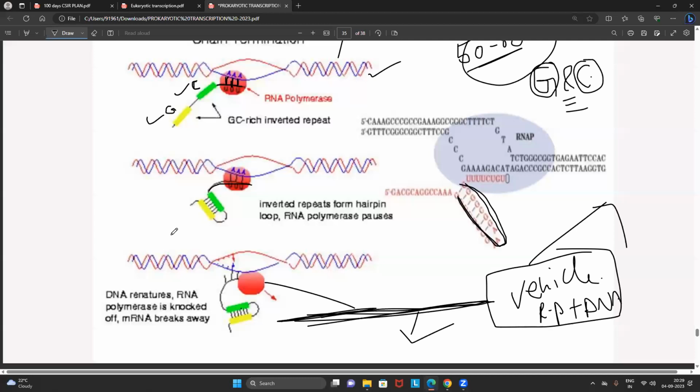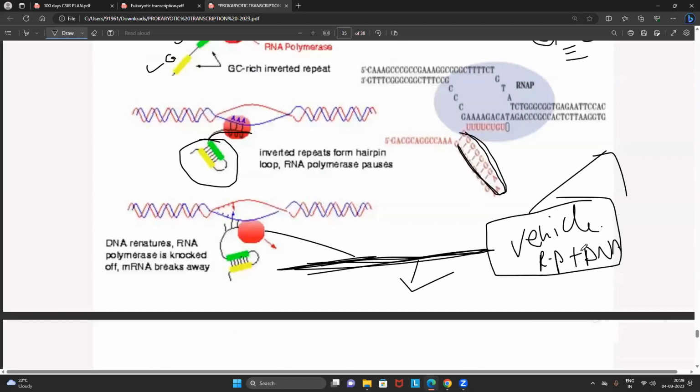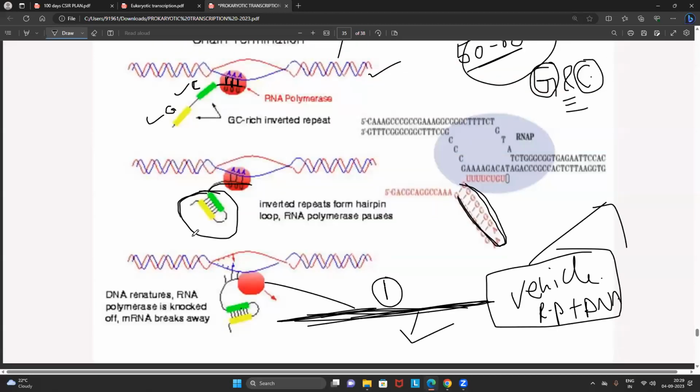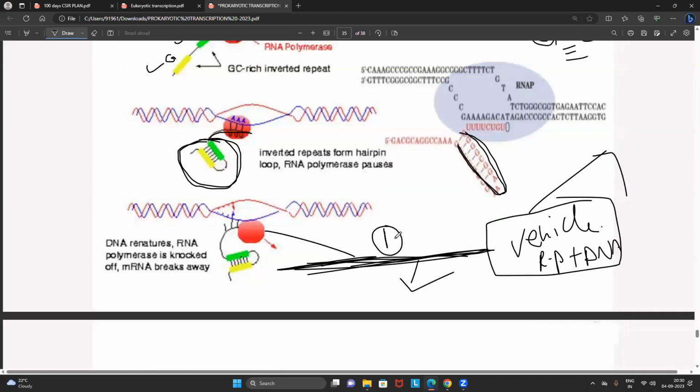The reason is that every single time the hairpin loop is not sufficient. Suppose, for example, friends, I want to pull a vehicle. The vehicle is too heavy. Now I am the only person pulling the vehicle. Do you think it is possible for me to pull this large vehicle? It is not sufficient. Same thing. Sometimes the hairpin loop is not strong enough to pull the RNA. Then it compulsorily requires help, right? So I will take the help of a second person. I will take the help of a third person.